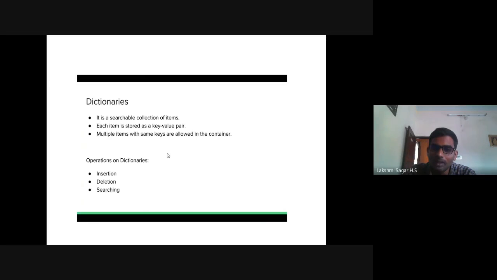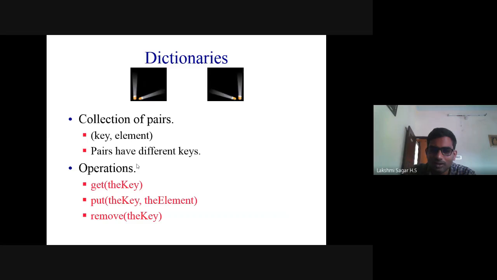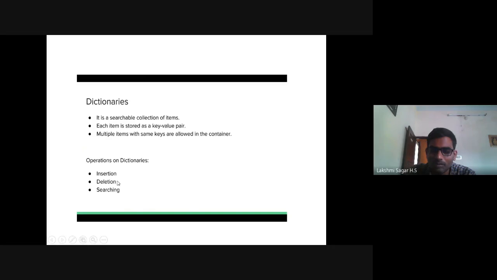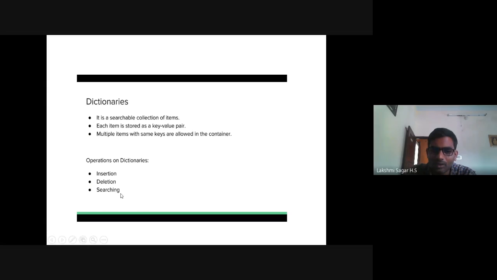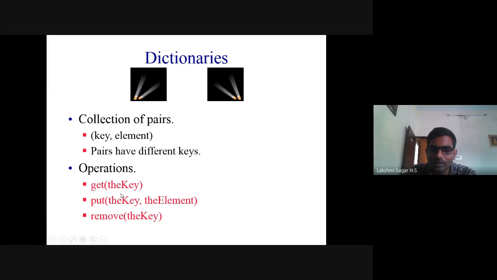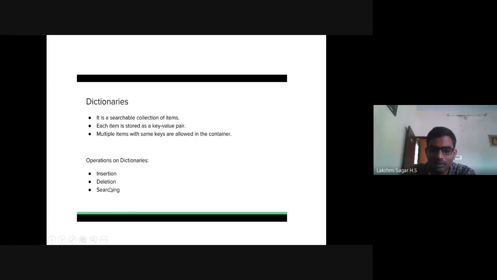The operations we can perform: insertion using put, deletion using remove, where we can delete a particular key and element, and searching using get, where we can search for a particular key associated with a value or element.